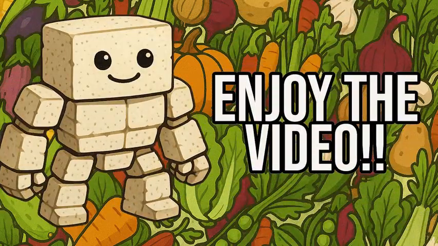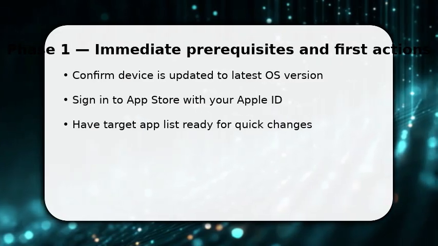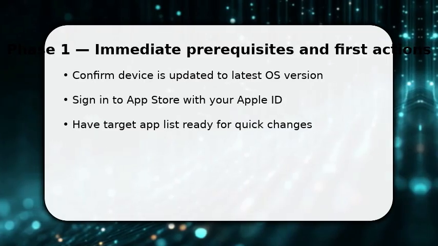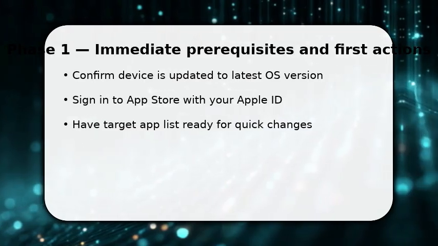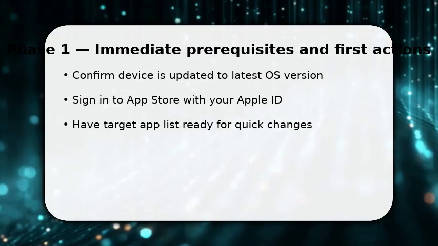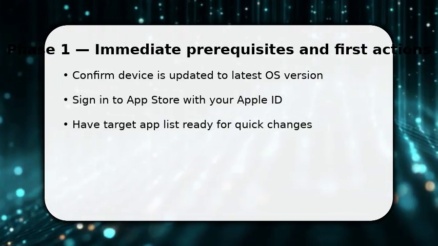Please enjoy the video. You start by opening Settings and heading straight to Privacy. Do it now. Once in Privacy, tap Tracking, because this is where personalized ads live. You'll see Allow Apps to Request to Track. Turn that off to stop new tracking requests, then go to Apple ID Media and Purchases to ensure your account